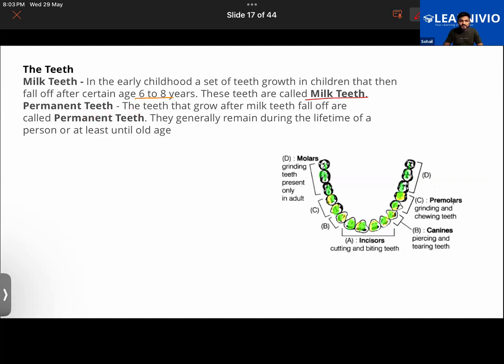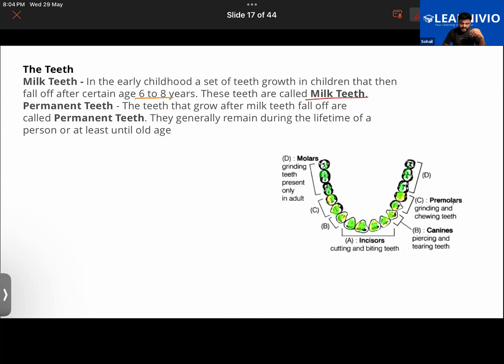Due to some dental issue, or they fall at old age. Yeah, exactly. That also happens due to some dental problems or tooth decay. They fall off. Or if there are some nerve issues, if a tooth is compressing some nerve, that tooth has to be uprooted. So our teeth are also part of the digestive process. Teeth break down food for swallowing and further digestion.